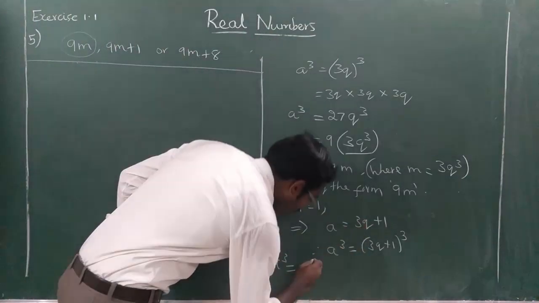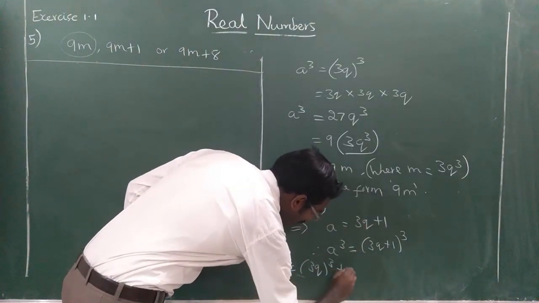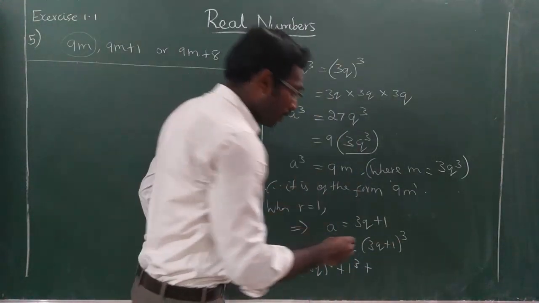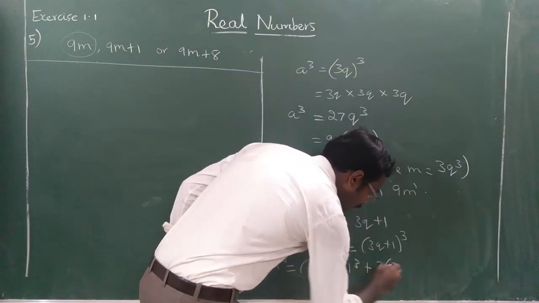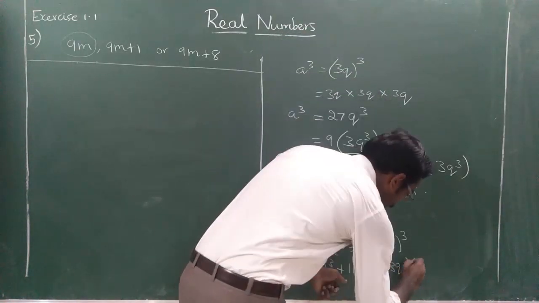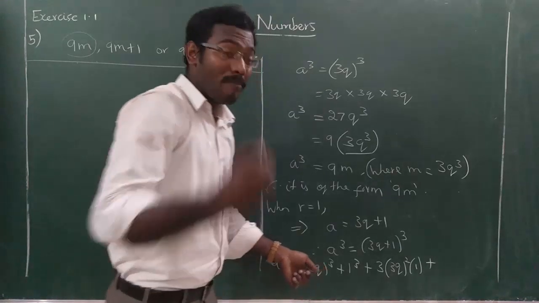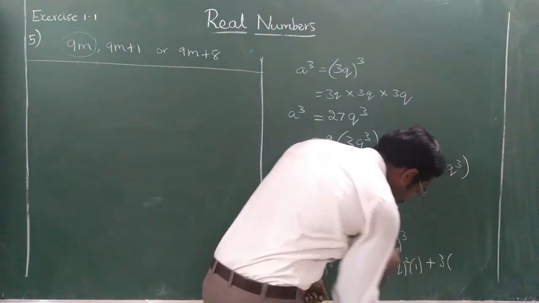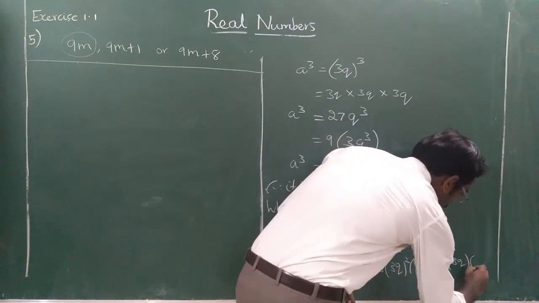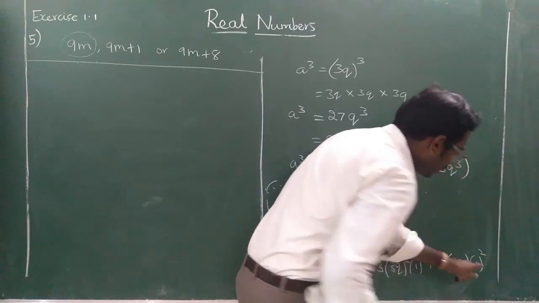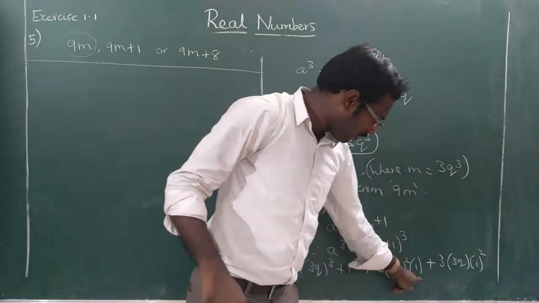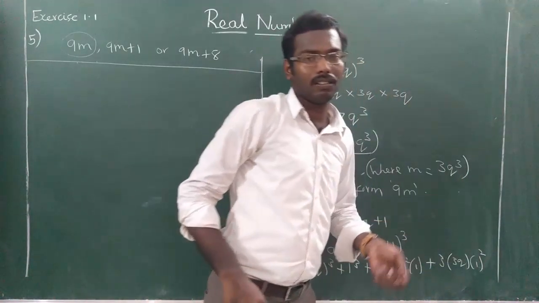So a³ means (3q)³, plus b³ means 1³, plus 3a²b: 3 into a², which is (3q) the whole square, into b, which is 1. Okay, plus now 3ab²: 3 into your a, which is 3q, and your b is 1. Okay, so b² means 1². a³, b³, 3a²b plus 3ab². Okay, that gives